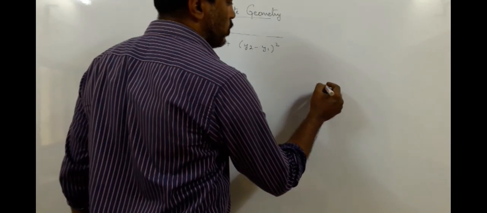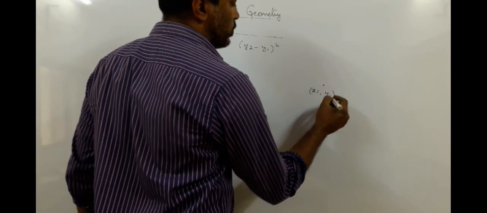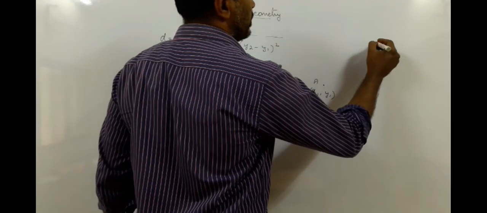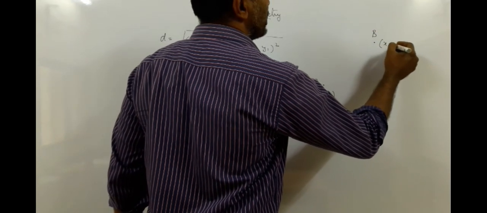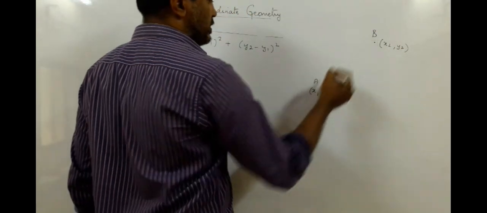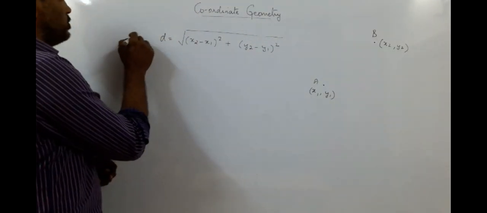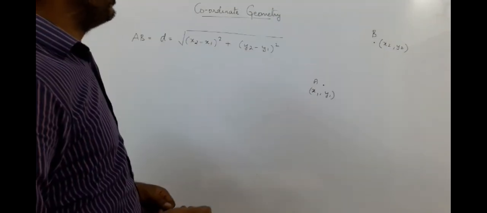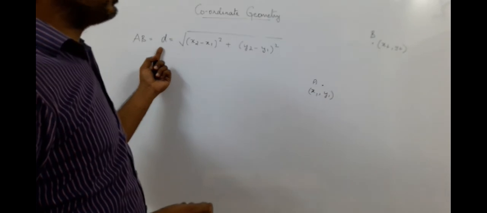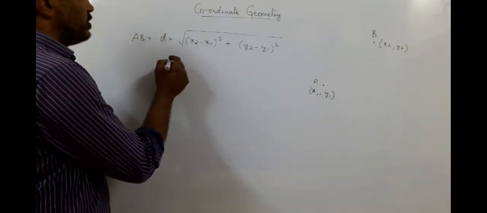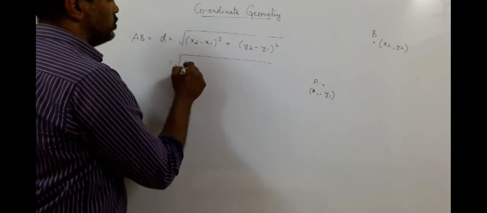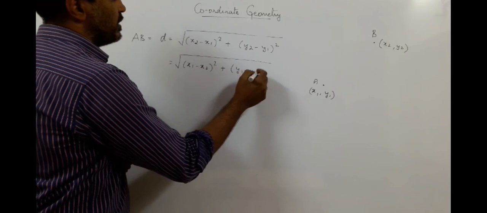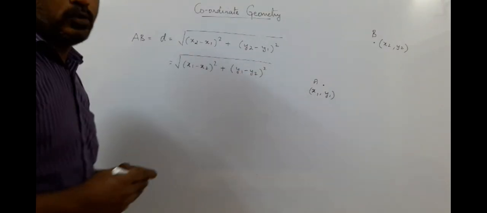Now what is this coordinates? So we had one point, we also call the initial point, whose coordinates we call x1 y1, let us say A, and another point B whose coordinates are given by x2 y2. Then the distance AB is the under root of it. Now under root will give you both positive and negative, but we only take the positive because distance is always considered positive. I can even write the formula as under root x1 minus x2 the whole square plus y1 minus y2 the whole square.